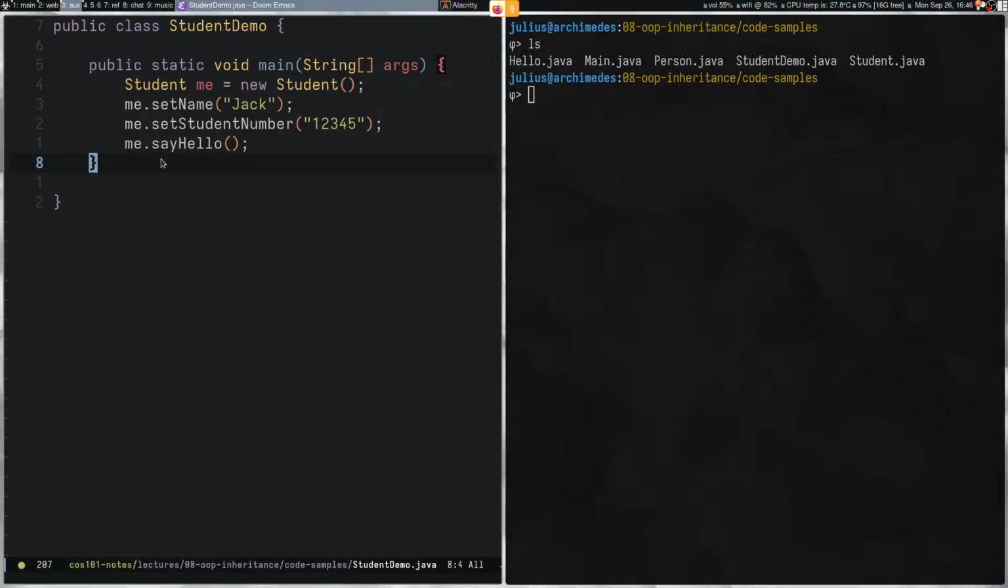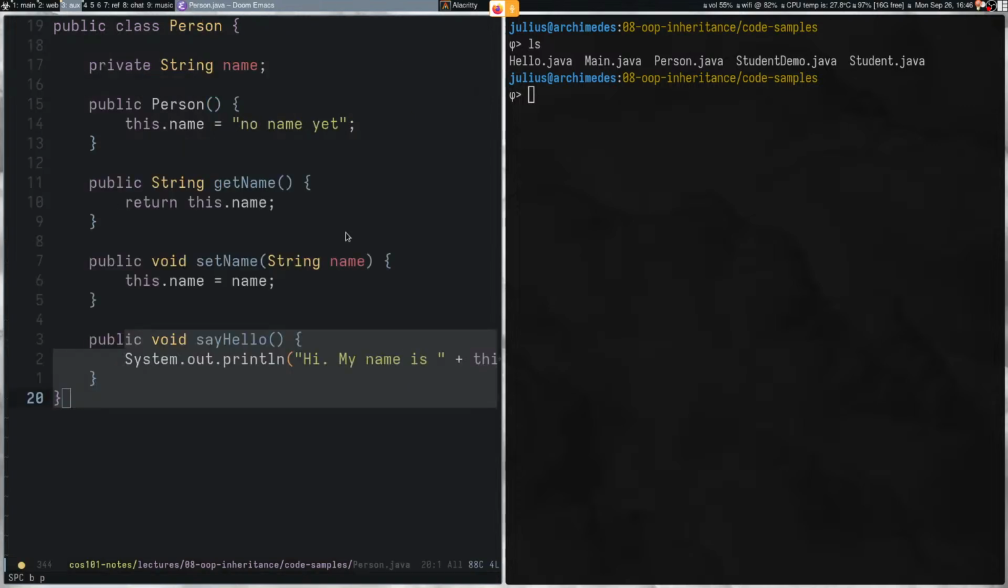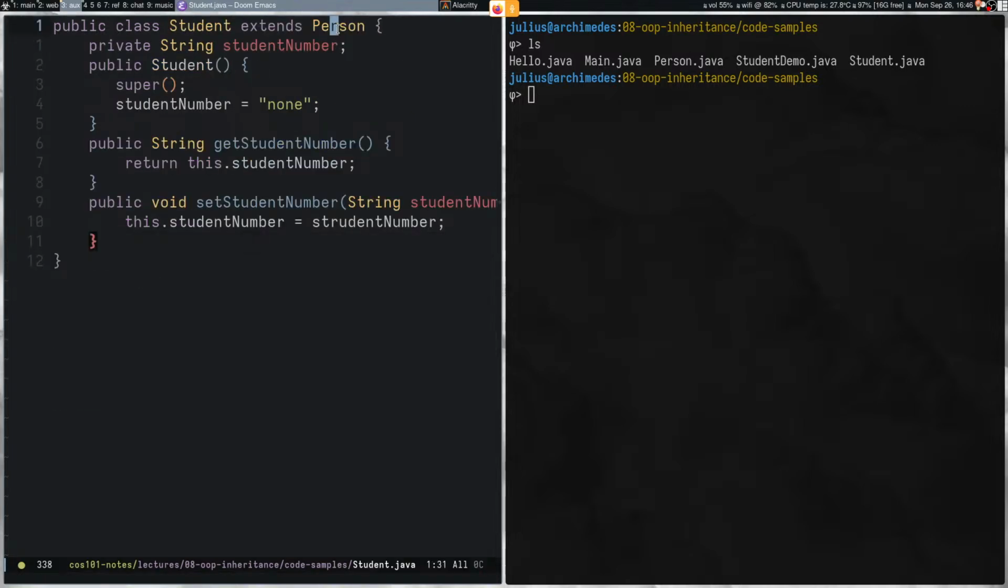Because what the compiler is doing is it will start with the student demo and start compiling, and then see it's using the student class. It will find the student class, compile that, and see that the student class extends the person class. And then it will compile that as well. So it's going to chain in, it's going to link and chain all the different classes we use. So if we then compile the student demo,